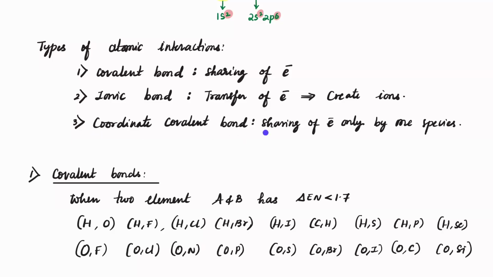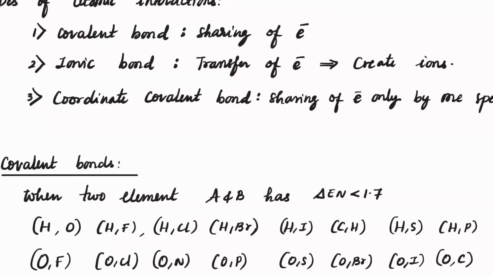Here it is a sharing of electron, but only one species is sharing. The other species is not sharing, only one species is sharing the electrons. Then we call it a coordinate covalent bond. For example, ammonia. Ammonia has three bonds and one pair which is non-bonded. This, when you bring towards BF3,